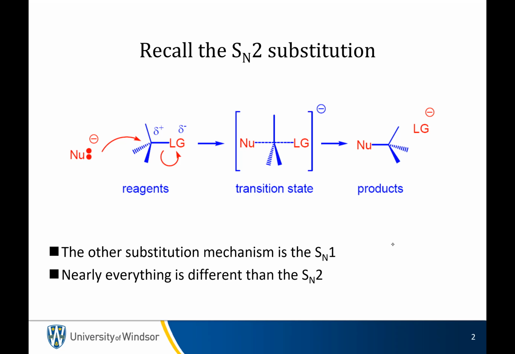Andrew asked, what reaction takes you from an ester to an aldehyde? You can do that using a reagent called DIBAL, which we haven't covered in this class. Another way you can do that is you can reduce the ester all the way down to the alcohol using lithium aluminum hydride that we did cover. And then you take the alcohol back up to the aldehyde using PCC or PDC.